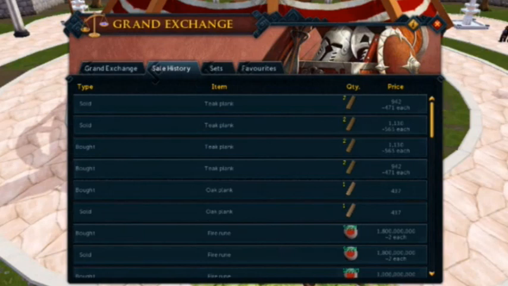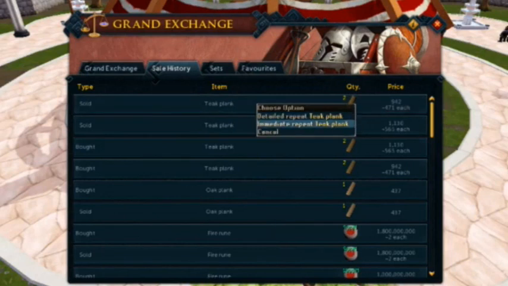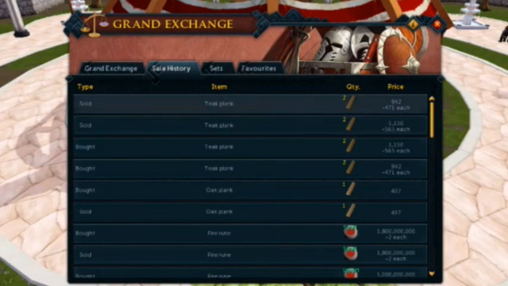Moving on, I want to talk about the sales history. This is basically getting a little bit of tidying up. They're going to be adding buttons for detailed repeats and immediate repeats. They already exist in game as right clicks, but the added benefits of having the visual buttons there will probably see more use on that. They're also scrapping the idea of having a pinned offer in the sales history, and that is because they're